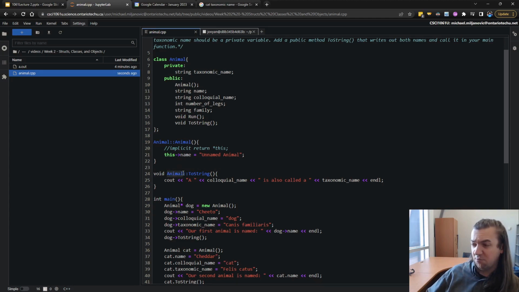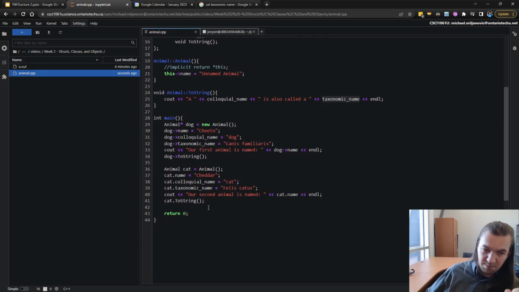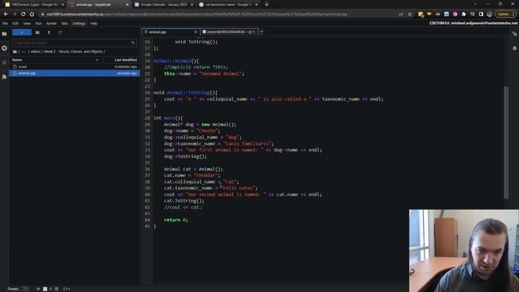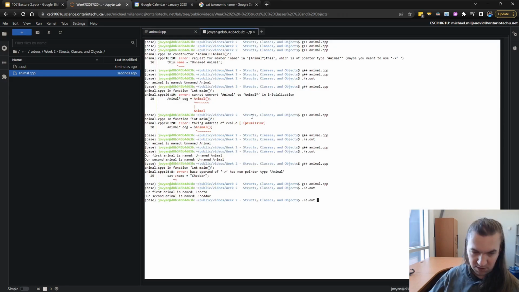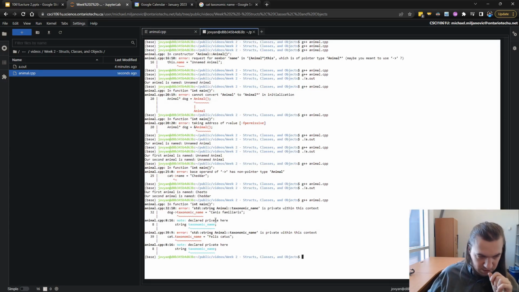So within the animal class where I have my toString method, I can access taxonomic name because it's in the same private area. But over here, if I try to do something like output cat dot taxonomic name, it will give me an error. I'll leave this as a comment for now, just to make sure everything works properly, and then I can show you the error that will come up with that one. So, do I have any typos? Let's find out. Yes, I do. Is private within this context? Oh, right,